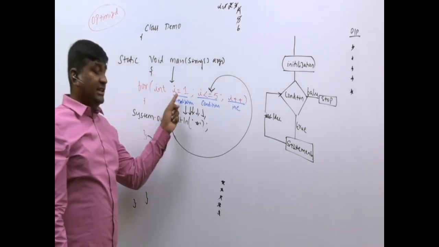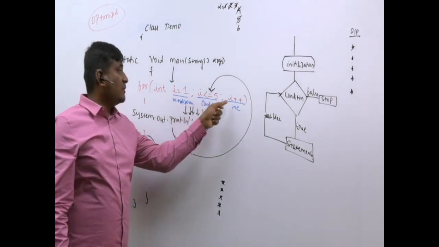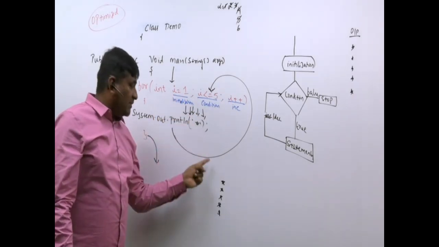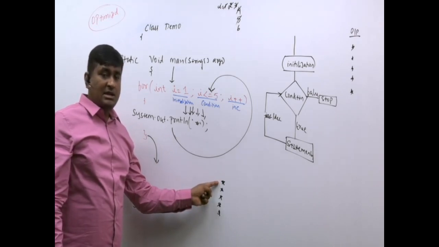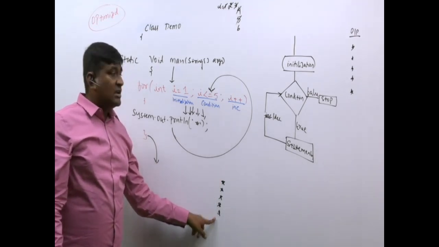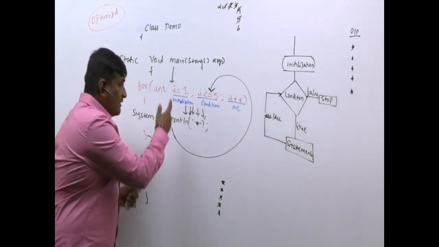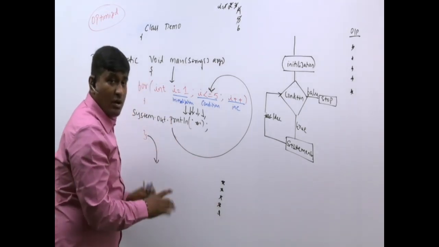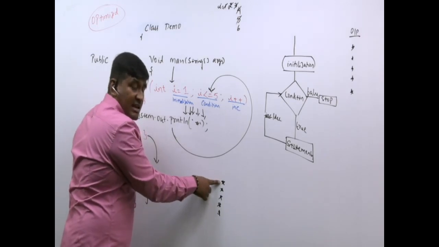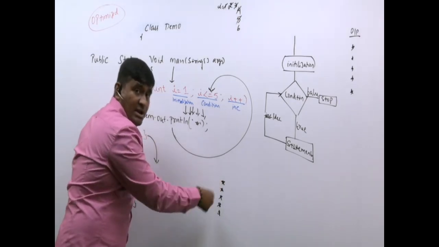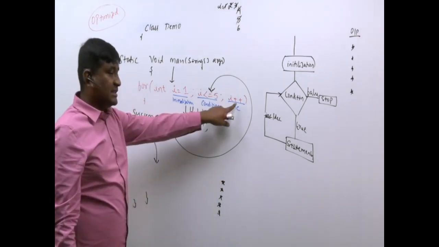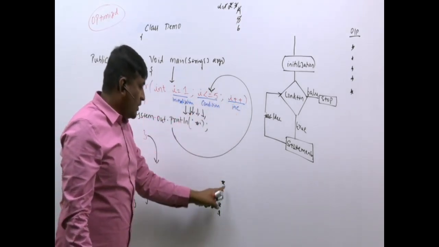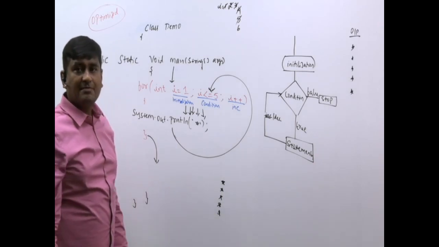So how to read this? Don't read int I equal to 1, I less than or equal to 5, I plus plus like that. Start printing the first star, till how many stars? 5 stars. One by one. Tell me, when I was tracing, did all 5 stars display at a time in the board? No. First I have written this star, next this star, next this star. Means one by one I was writing. So start displaying the first star till 5 stars, one by one you display like that.